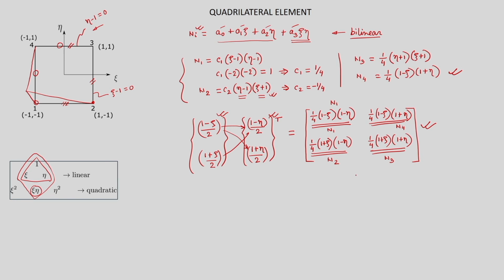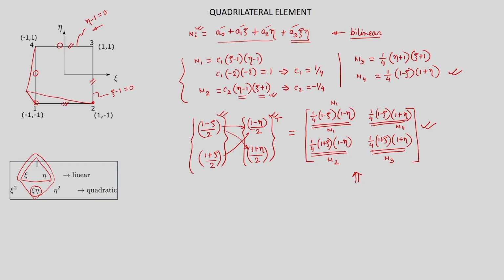So, now we can take the derivatives and following the earlier steps we can calculate the stiffness entries and the force entries. So, now we have seen the derivation of the basis functions or shape functions for the quadrilateral element for degree p equal to 1. We derived this by taking the tensor product of the linear basis functions for the one dimensional case.